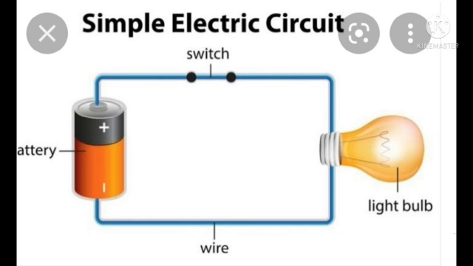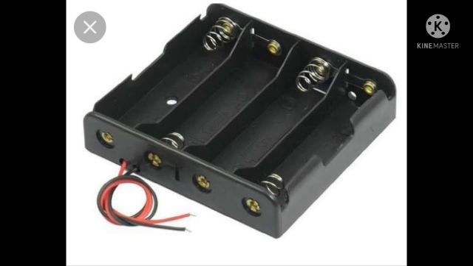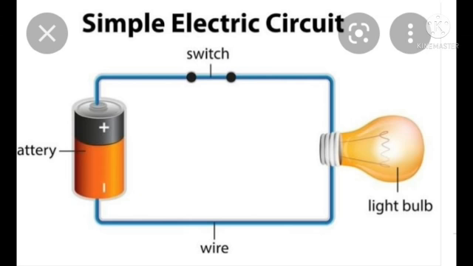So students, further we are going to see electric circuit. In that, two things come. The first one is the simple electric circuit, as you can see in the above figure, and the second one is the cell holder, as shown in the above figure. When a cell holder, an electric bulb and a plug key are connected by wires as shown, you can see how the batteries, the wires and the bulb are connected to each other.